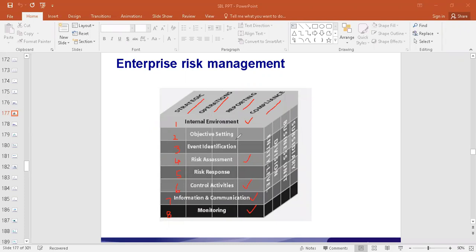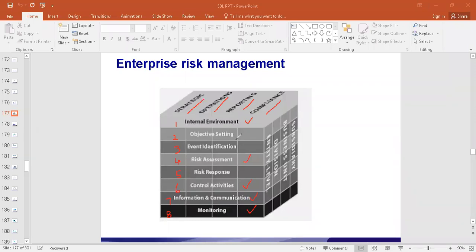The framework of internal control has 5 components. Of these 5 components, one, risk assessment, is now looked into from 3 different areas: event identification, calculation of risk, and after calculating the risk, what is the response towards risk? Should it be accepted or should it be avoided? There are 2 other things also. Risk can be transferred or risk can be reduced. So that's why it's SARA.